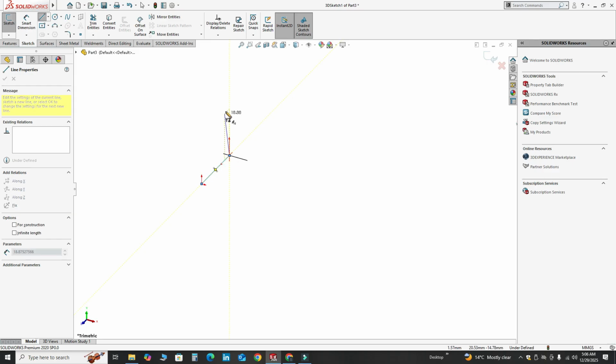Now I will create one line like this in the YZ plane and then I have to change my plane again. So press tab. Now go back. This is also not the correct plane. Okay. Now I will create one line like this. And then this is also not the correct plane, XY plane. I have to switch this. Now that's fine.